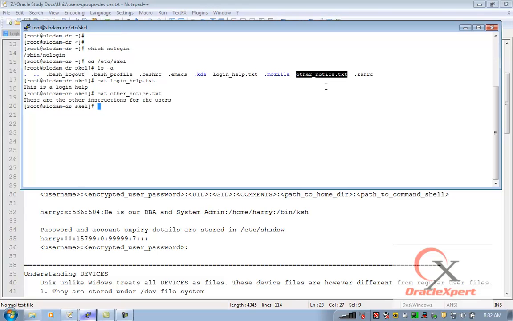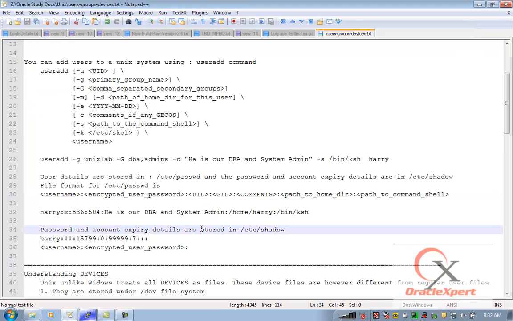So the moment a user account gets created, all these files will be copied to his home directory. If not mentioned which is the skeleton directory, then the default skeleton directory will be /etc/skel. So whatever exists in this particular folder will be copied to the user's home directory, and ultimately